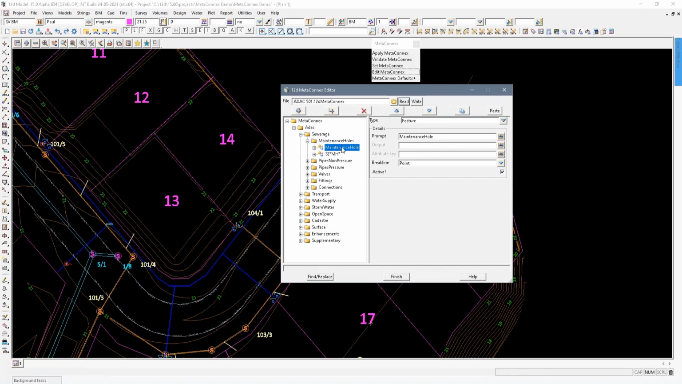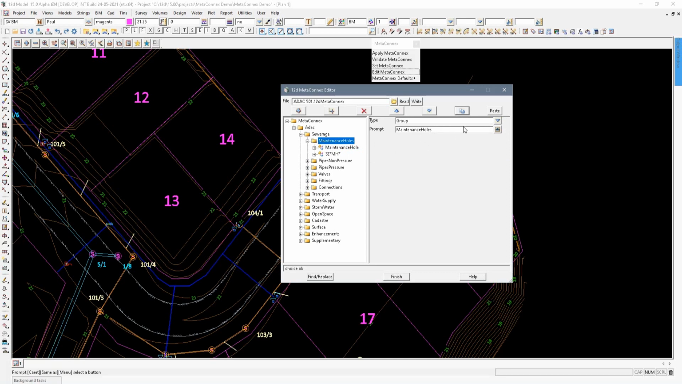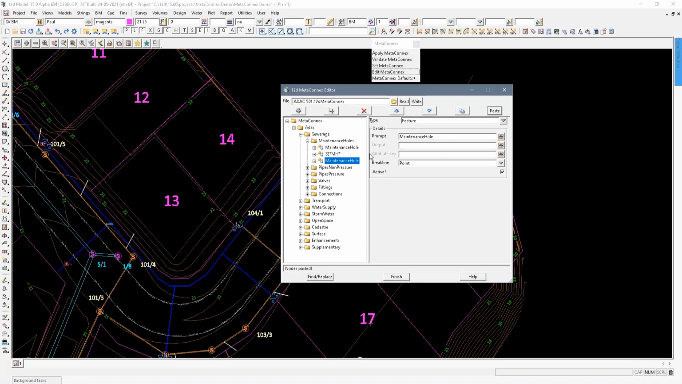So if you want to keep this one clean, you might highlight that, copy it, select the parent folder, excuse me, and then hit paste. And then you can give it a different name. So there's two things here. There's a prompt and an output. So the output will be maintenance hole, and this will be the string name that it's searching for unless you put something different in the output here. So if I have a look at this one here,